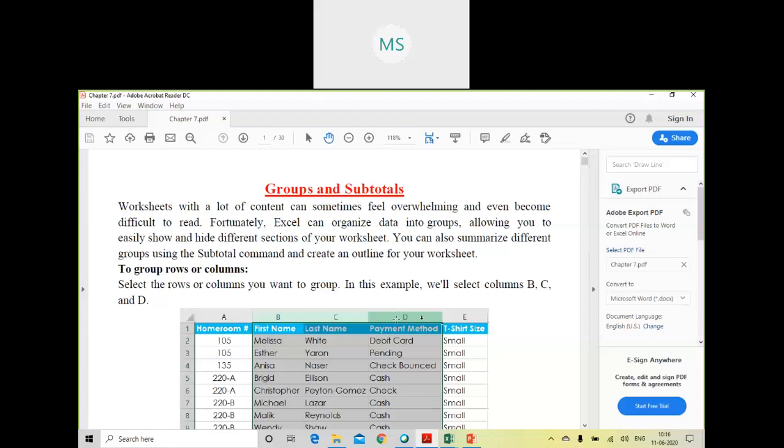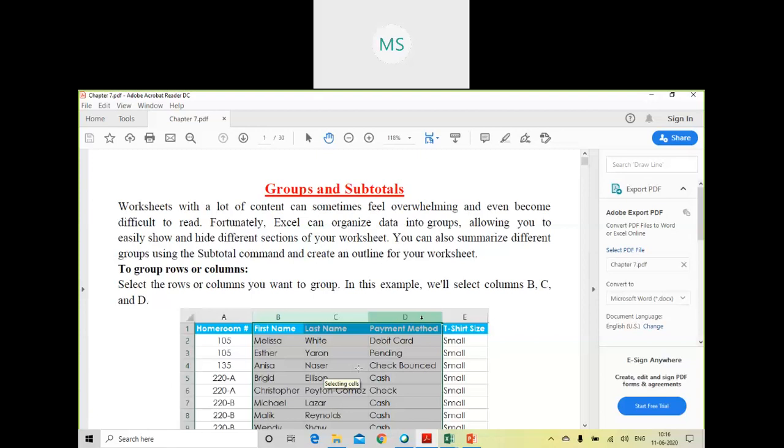So this is how the group option helps you to summarize different groups using the subtotal command and create an outline of your worksheet. Group doesn't only allow you to group the data available on a worksheet.